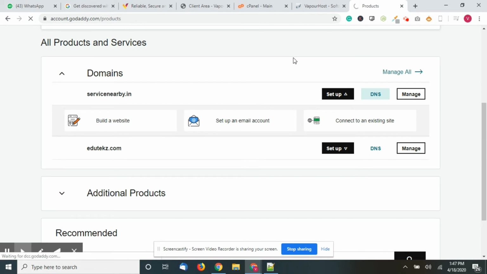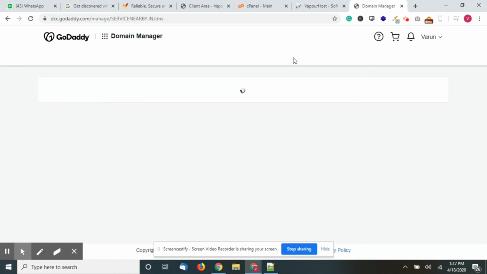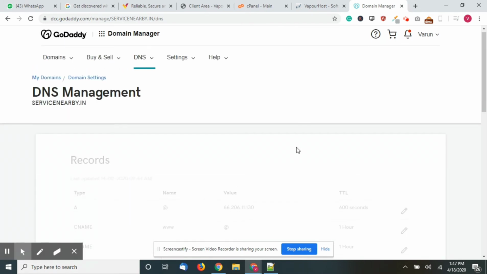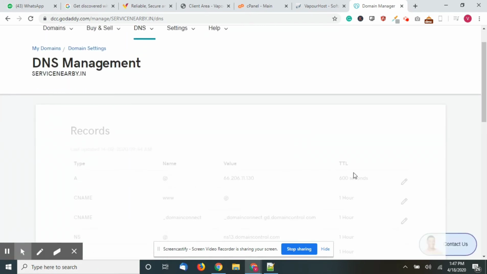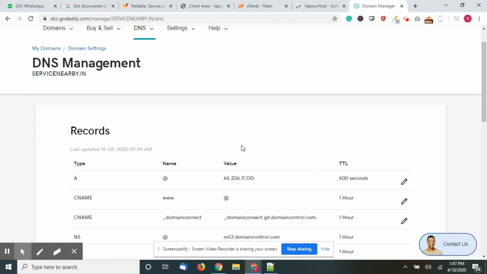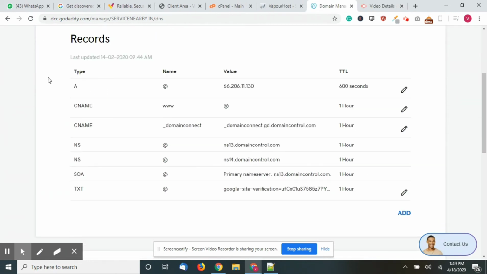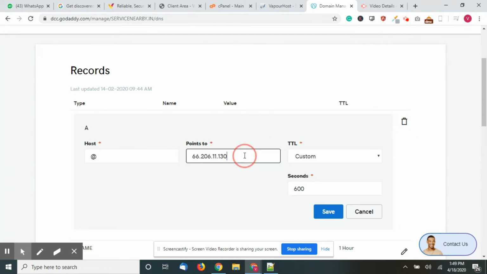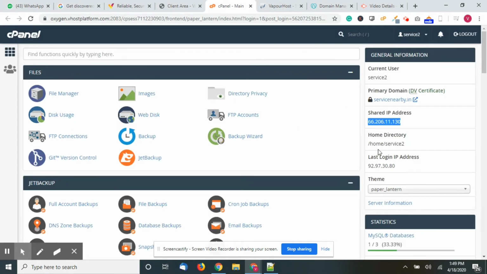Just click on the DNS button. I have already connected my domain here, that is the reason. As I have already pointed my domain to the hosting, it is showing the value here. For you guys, it will be parked here. Just click on this and then copy paste the IP which you have copied from here.